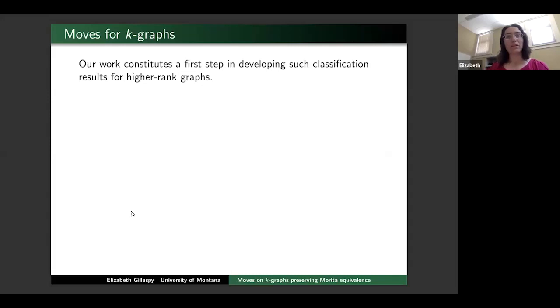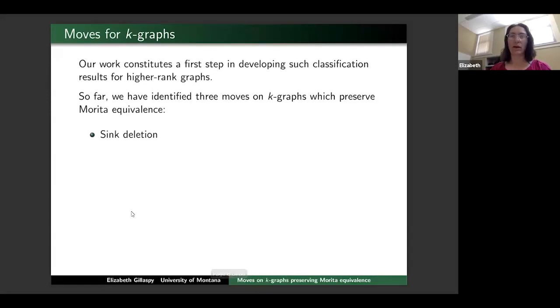But what we have done so far, and what I'm going to tell you about, is we've found 3 moves we can do on K-graphs, 3 ways to change a K-graph in a way that will preserve the Morita equivalence class of its associated C-star algebra. The first one is deleting a sink, which is the analog of move S, so removing a regular source for